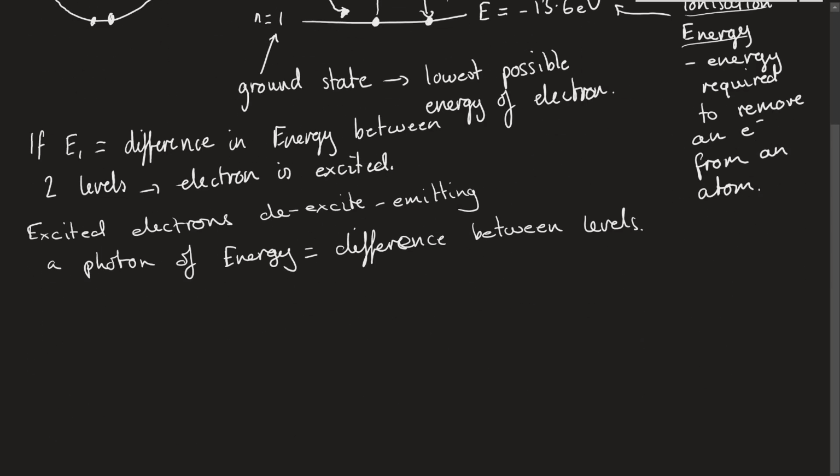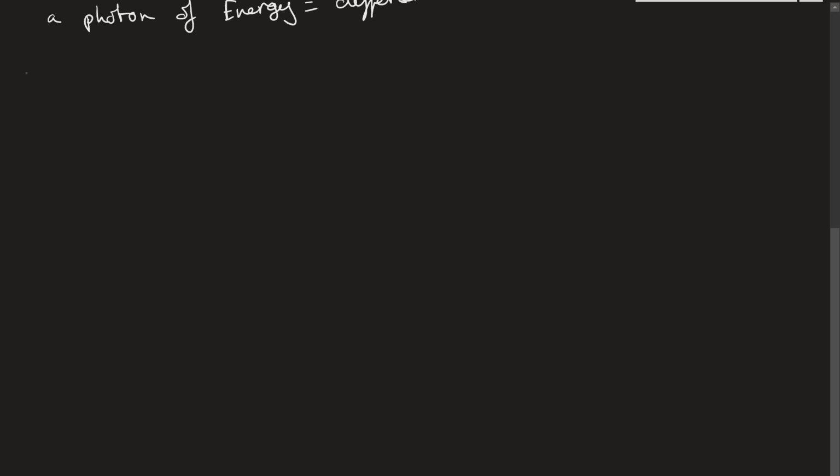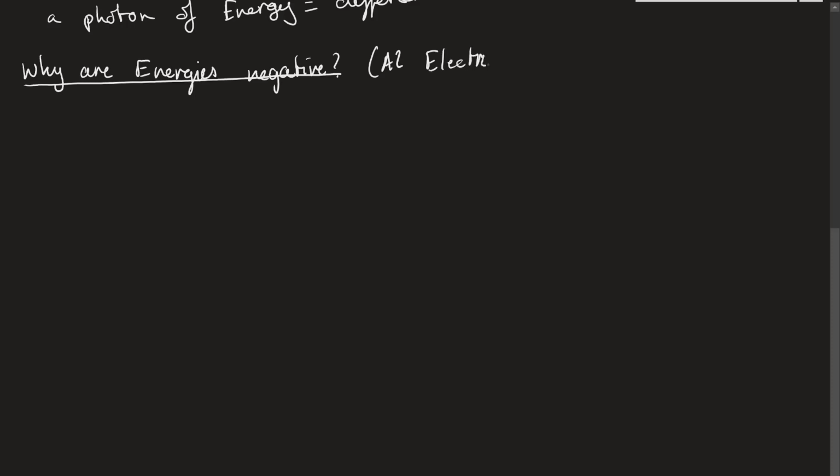Okay, and the reason is, let me just write it down here so I have more space. So why are the energies negative? This question is something you're going to cover more in A2. Not circuits, just electric fields, sorry. You're going to cover this in electric fields. But essentially, the way you can think about it is, if we've got an electron, and this is the nucleus here, so this electron is in